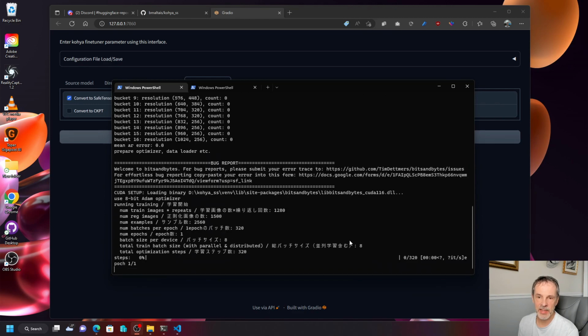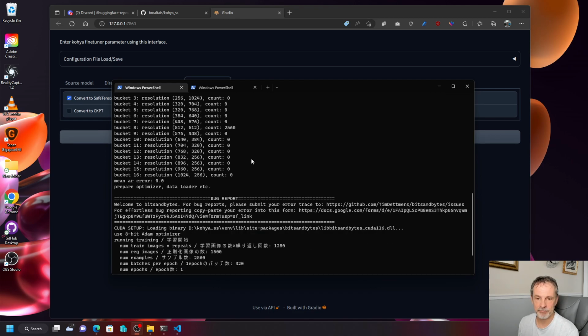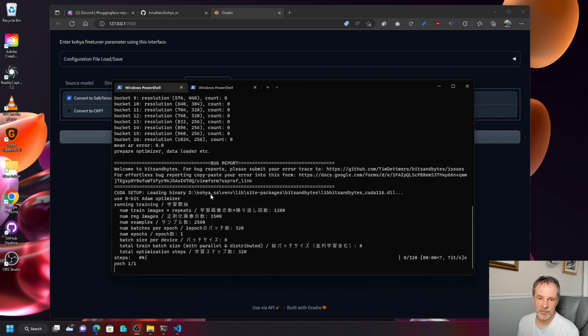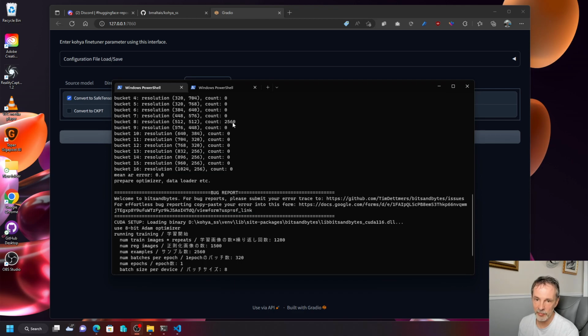Okay, so now it's done caching, and as you can see, if we scroll back up, it actually created 2,560 512 by 512 latents for the training. Then it's going to go and start the training session. So those 2,560